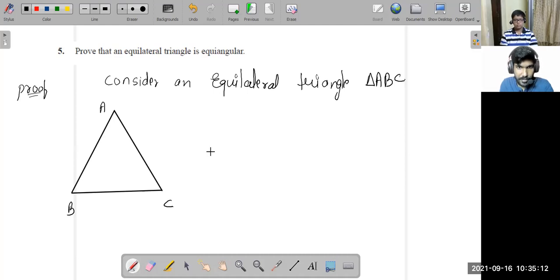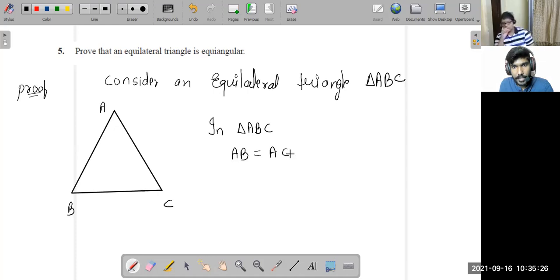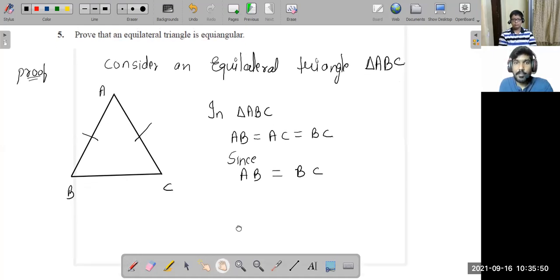In an equilateral triangle, all three sides are equal. So you have side AB equal to AC equal to BC. Now, first thing, since AB is equal to BC, by the theorem,